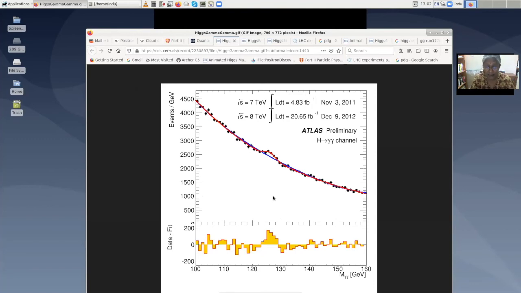They did the simulation, what the events will look like if the Higgs had a given mass, because I had no idea what the Higgs mass was, and LEP had ruled out up till about 90-odd GeV. That's why they are searching in this range from 100 onwards, because the lower energy range was already ruled out by the earlier experiments.